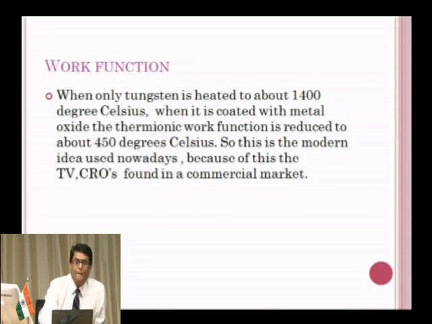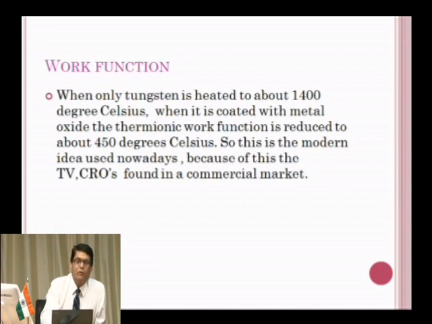So here, to remove the electrons from the metal surface, we are doing some work, that means we are imparting heat, and in turn we are getting out the electrons. Now, this is called the work function, and this work function is different for different materials. I will give an example. Suppose you want to remove the electrons from a metal like tungsten. Nearly 1400 degrees Celsius of temperature is required. At this temperature, the tungsten becomes white and starts emitting the electrons.